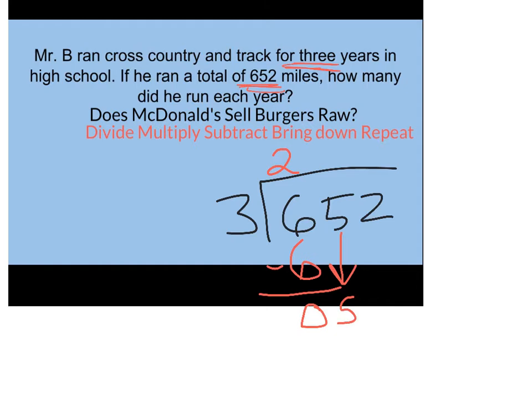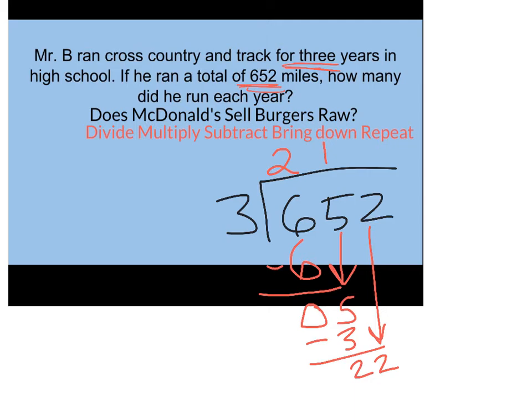So now I divide. How many times can 3 go into 5? Well, 3 can go into 5 only 1 time. And that will give me my multiply step, 3 times 1, and that is 3. Subtract, and then that gives me a difference of 2. Bring down,